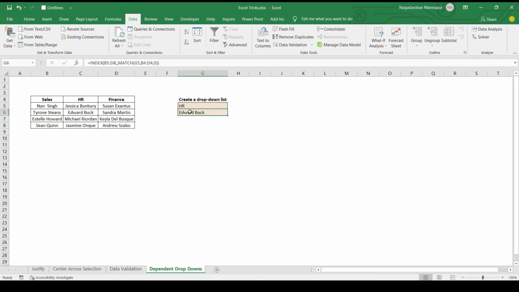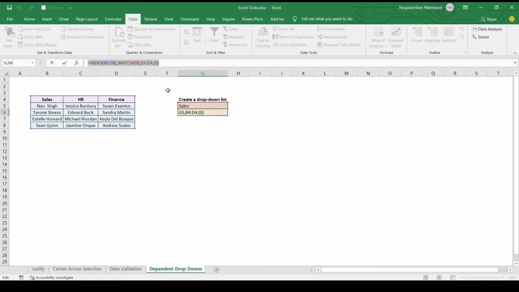Now I'm getting the employee name. So Edward is part of the HR team, here it is. But if I select a different department name, sales, it is giving me the correct name. But I'm not getting the multiple names. In one cell, I cannot show multiple names. For that, the logic is to copy the complete formula.